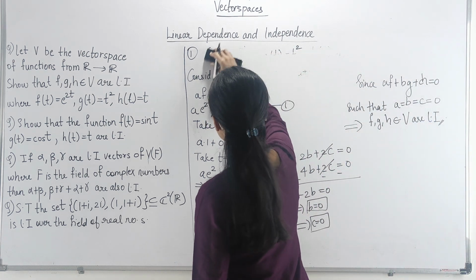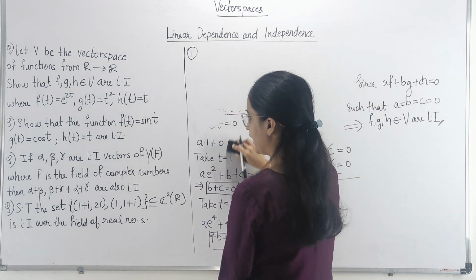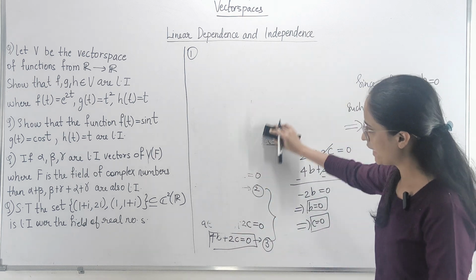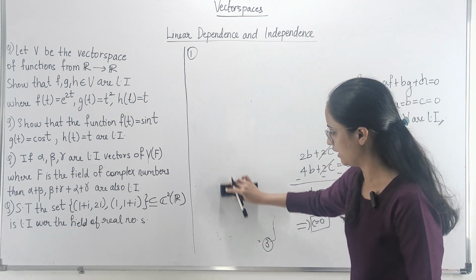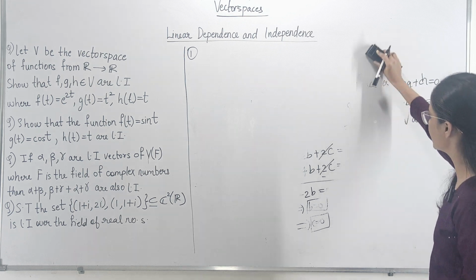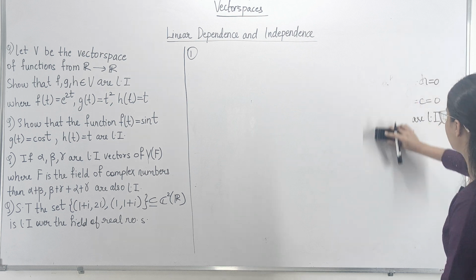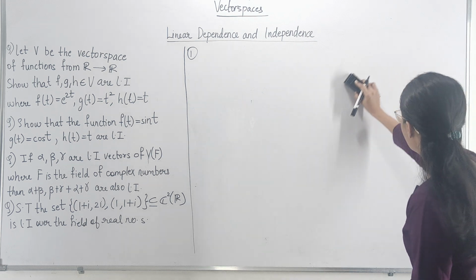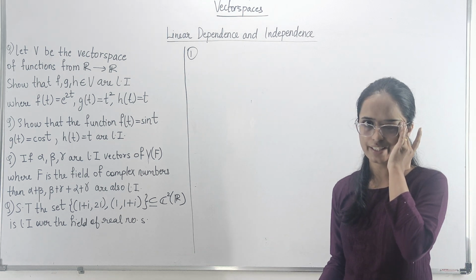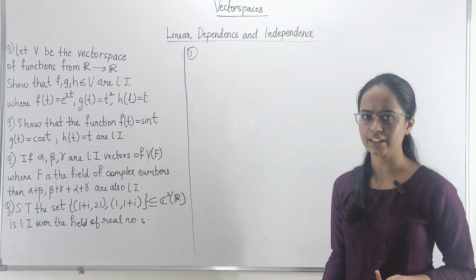Again, here you have been given three functions. These are trigonometric functions. f of t is given as sin t, g of t is given as cos t, h of t is given as t, and you have to show that they are linearly independent. Now when such a question comes where you just have functions and you are not given any other data points, you have to take certain values for t and see what happens in that case. If we take random values and we get the constants, the scalars, as 0, then yes, it is linearly independent.